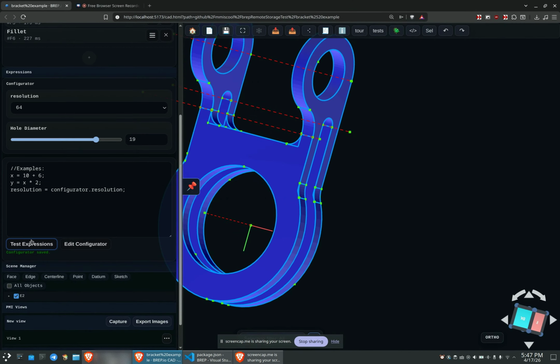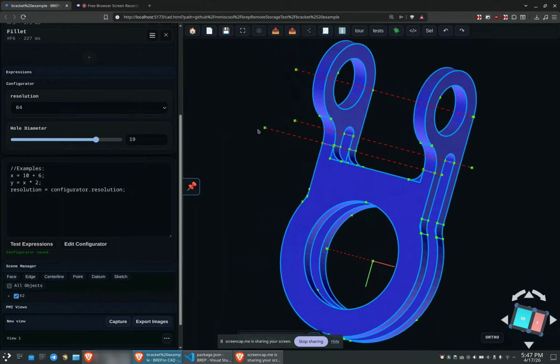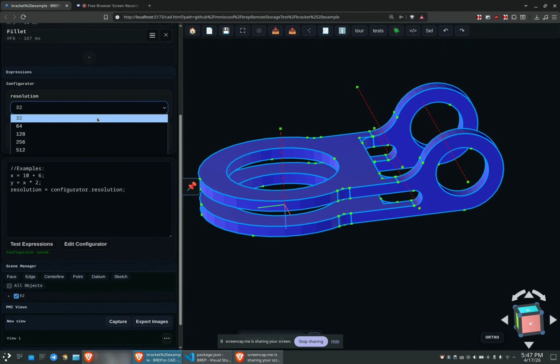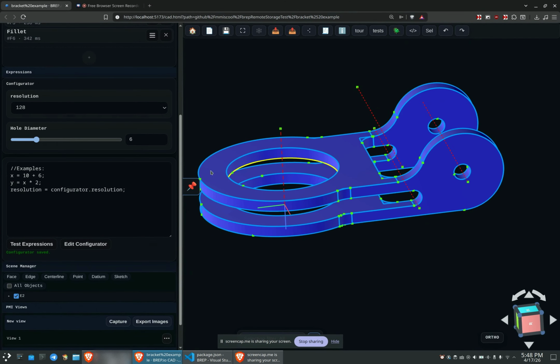If I save that configuration, it'll allow me to go and edit the configuration of the model just by adjusting these values. So, for example, right here, I added a resolution option. This is going to control how many facets get made. So yeah, you can see how it's smoothed out there as I adjusted that. I also added this hole diameter one, which I can adjust the slider and it'll update the size of the